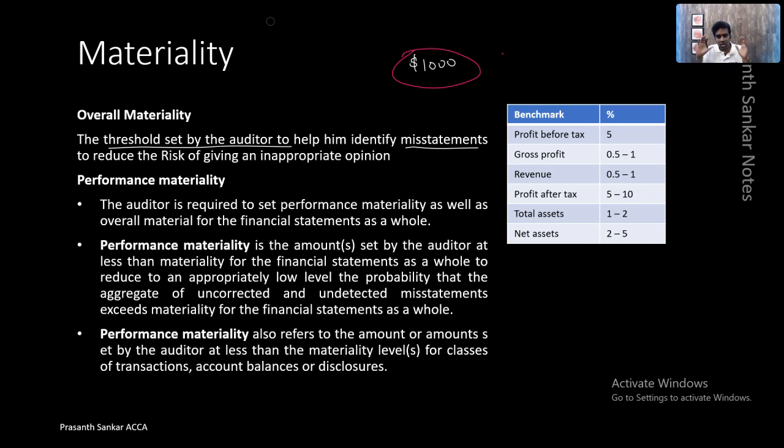So an auditor is not going to test everything. The primary step he has to do is to establish a threshold, because he's not giving an absolute assurance where he checks all the transactions. But if he wants to check the transactions and give a reasonable opinion, he needs to arrive at a threshold which is meaningful for all the users. Now, this threshold of $1,000 could be meaningful for various users out there. If $1,000 is missing in a financial statement, maybe the users will say, I cannot take a decision because something is wrong. We should not miss this amount.